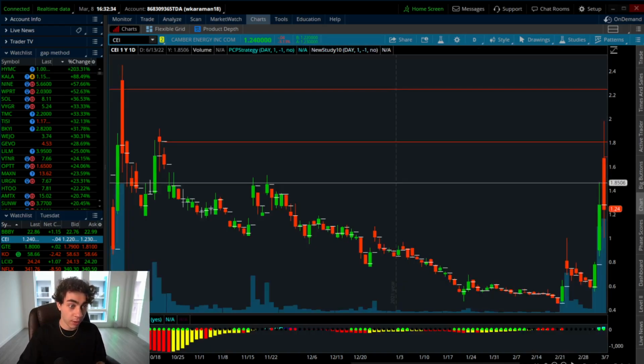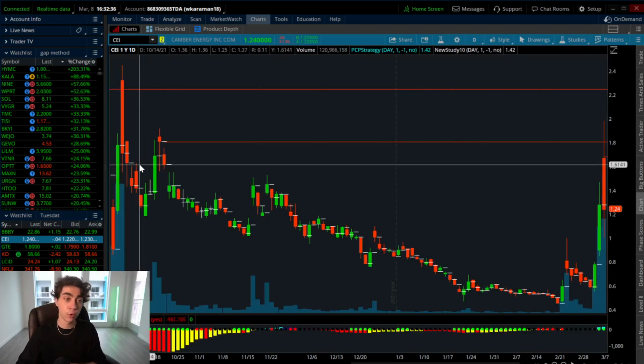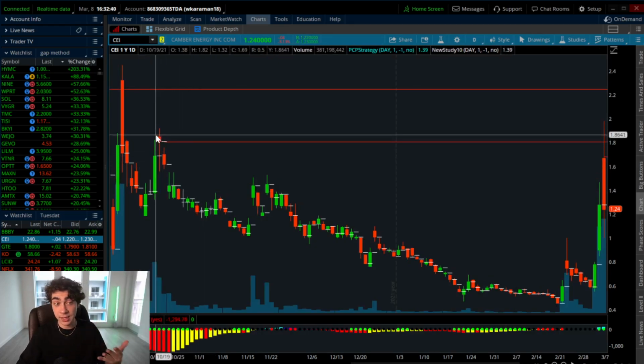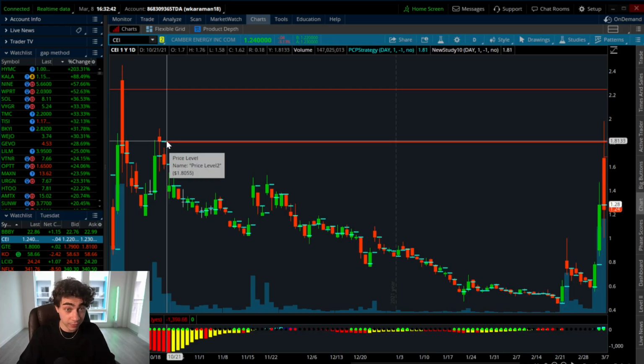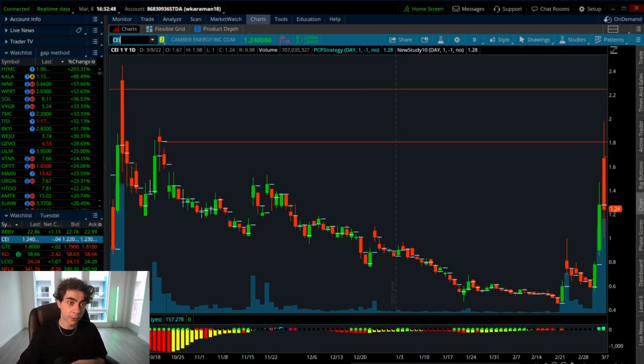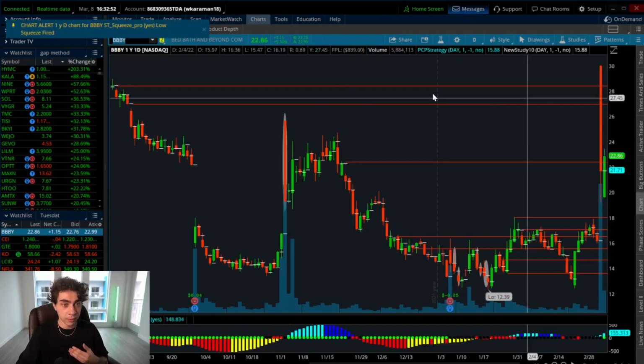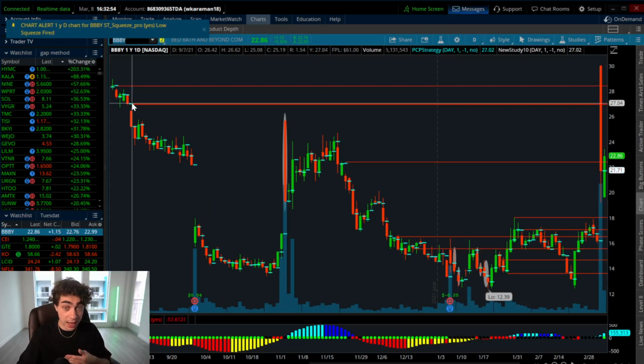It loves to crash very, very quickly when it tops out at a key round number, like $2 a share would be a key number. Also, there was a gap to fill right here. There's a gap to fill at $1.81. So the point is, if CEI fills this gap at $1.81, if BBBY fills this gap right here at $28,